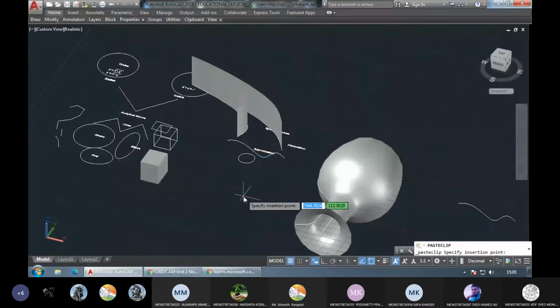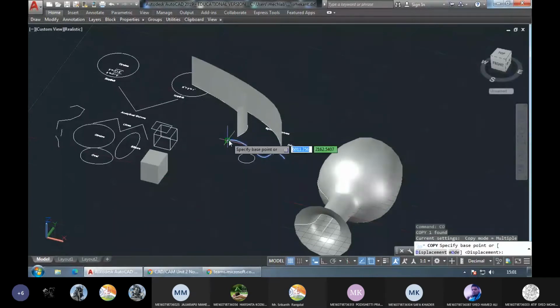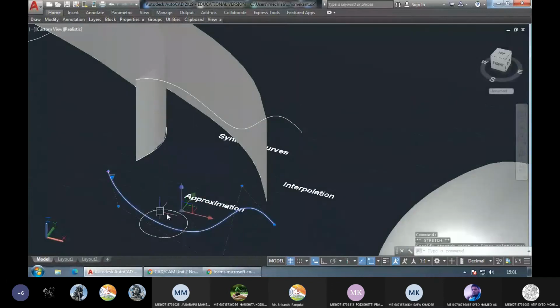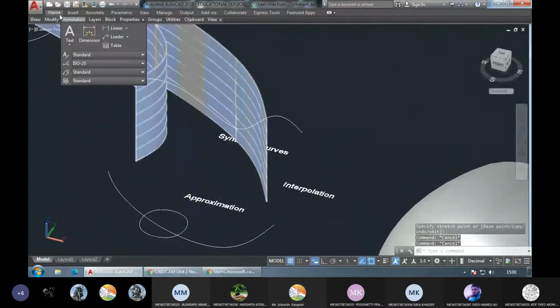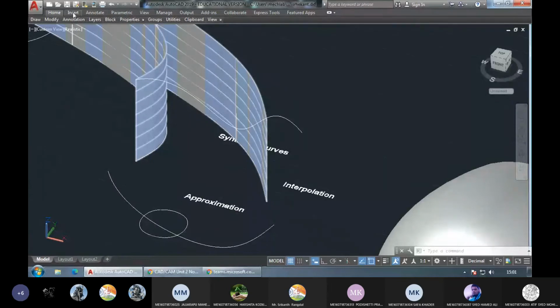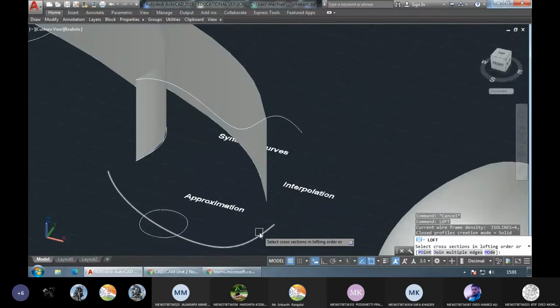I'll copy this over here. Then I can change the shape of this slightly. And then I will take a command, let's say left.